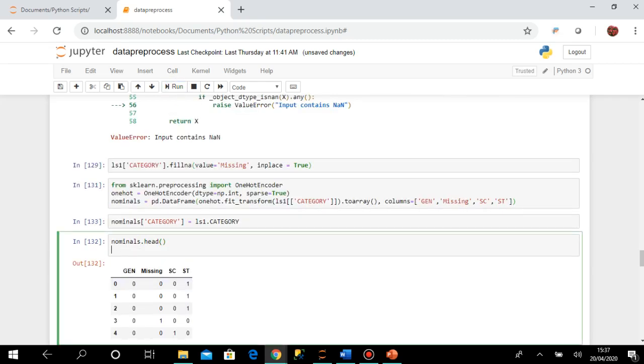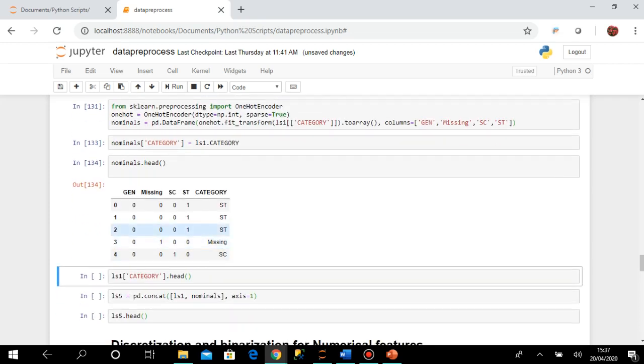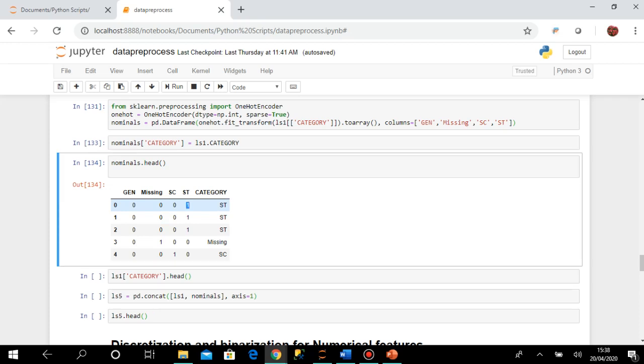Now if you see the data, here you can see the actual category value was ST for this particular record. That's why for these 4 columns, only for this ST column there is value 1, and for the rest of the columns it contains 0.